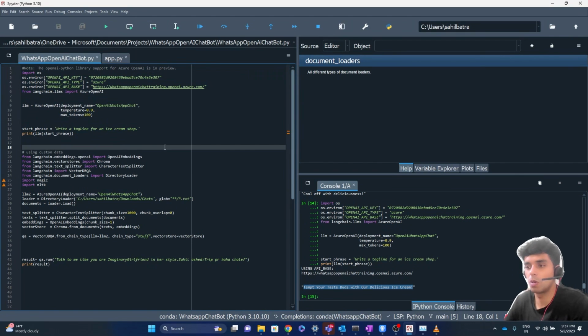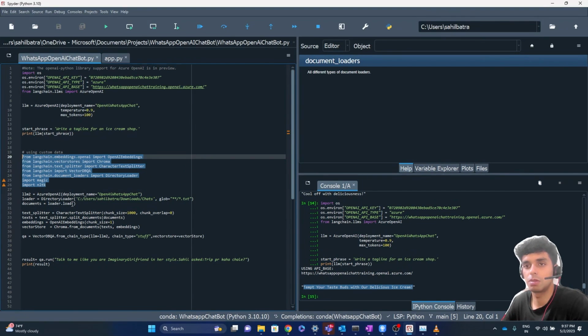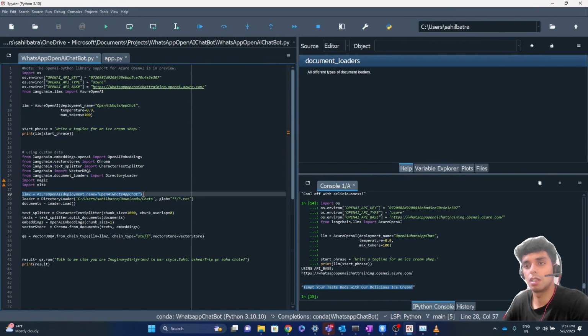Now, the second thing we want to do is what I explained in that diagram, which is the custom data. We have some documents, and we want the context from those documents. I've imported a few things from LangChain, which I'll explain when required. The first thing we'll do is create another model instance. Now we have LLM2.